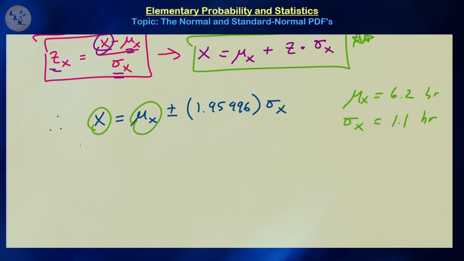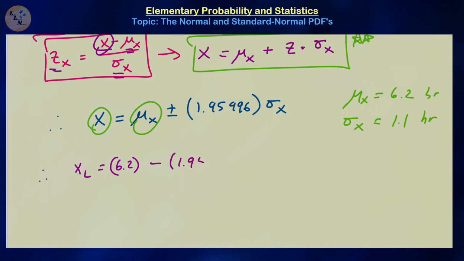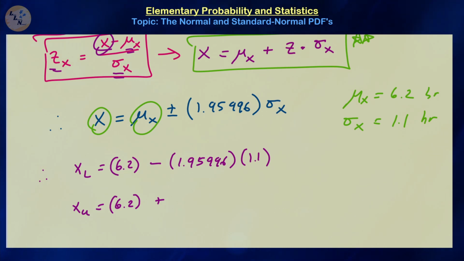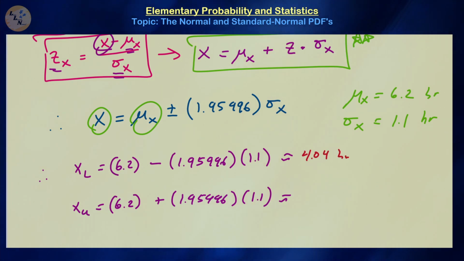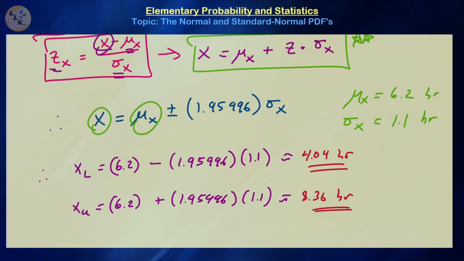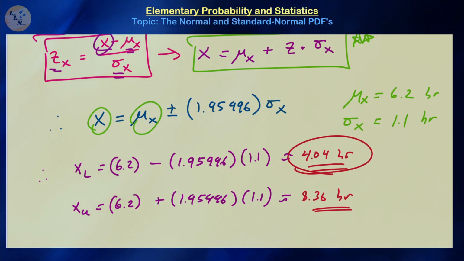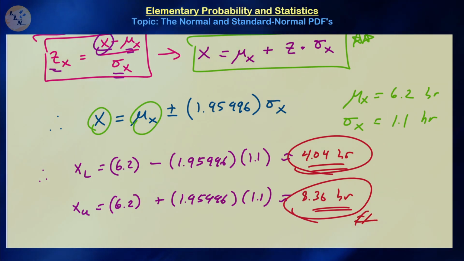Once I do that, my lower bound is going to be equal to my mean value, 6.2, minus, so this is the negative z-score, times 1.1, and the upper bound is going to be equal to 6.2 plus the positive z-score, 1.95996, times 1.1. Once you work those out, you get approximately 4.04 hours and 8.36 hours. So that means 95% of all students are sleeping anywhere from 4.04 to 8.36 hours on a randomly selected day,